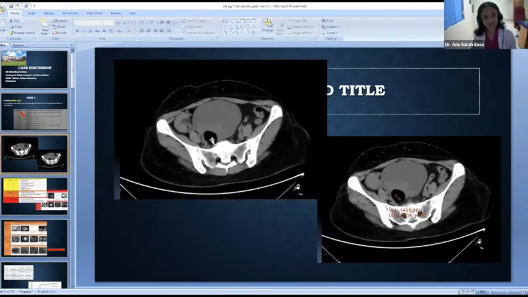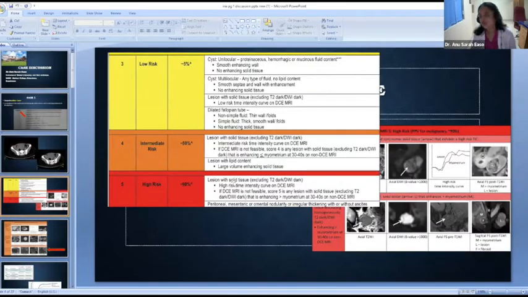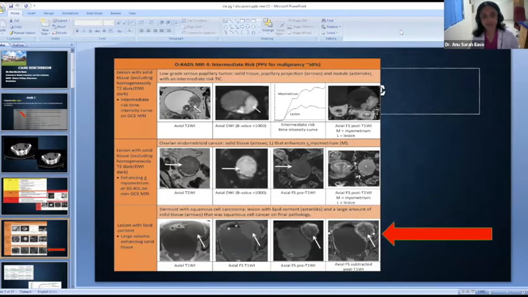Okay, so these are the CT images where we can see the fat containing lesion, and as I told you, the dynamic imaging helps us to categorize the lesion further into O-RADS category 3, 4 or 5. O-RADS category 4 will have an intermediate risk curve, and the enhancement will be lesser than the myometrium. But in our case, the enhancement was more, a part of the lesion showed more enhancement. So we categorize that as 5.